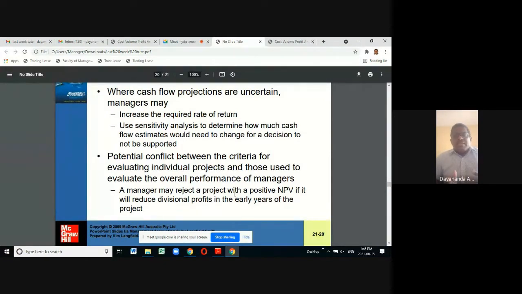Now, my current account balance, I can't manipulate. My current account balance is the balance. So the cash flows I receive for my business will reflect in my current account. So cash flow is more reliable than the profit figure. What I want to communicate to you is that if the performance measurement of the manager is based on profit or divisional profit, the manager may work towards increasing the profit.